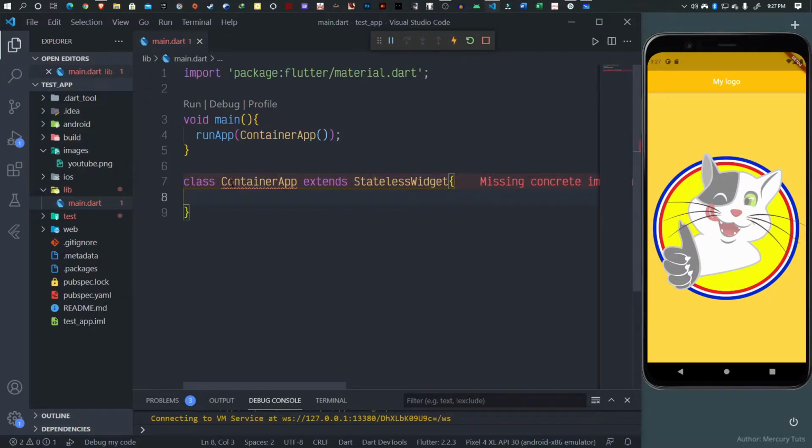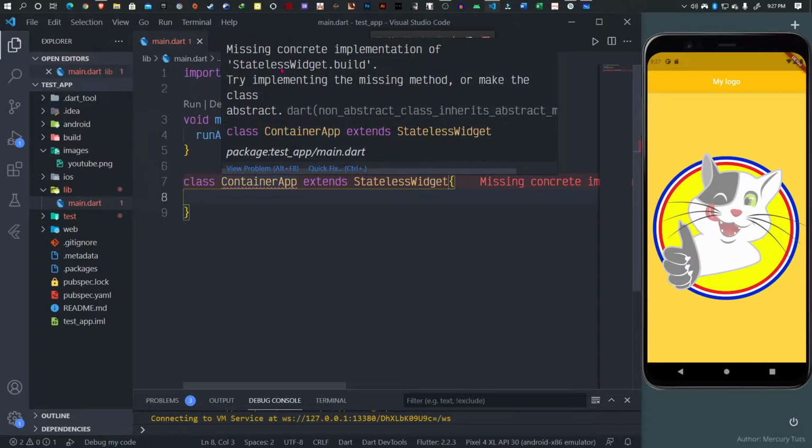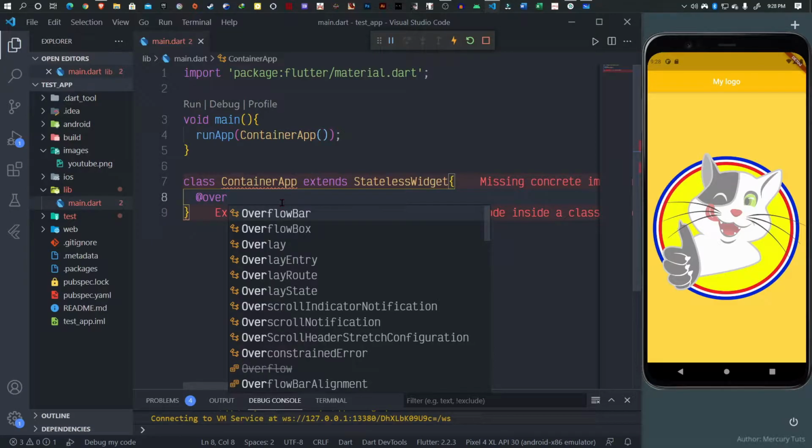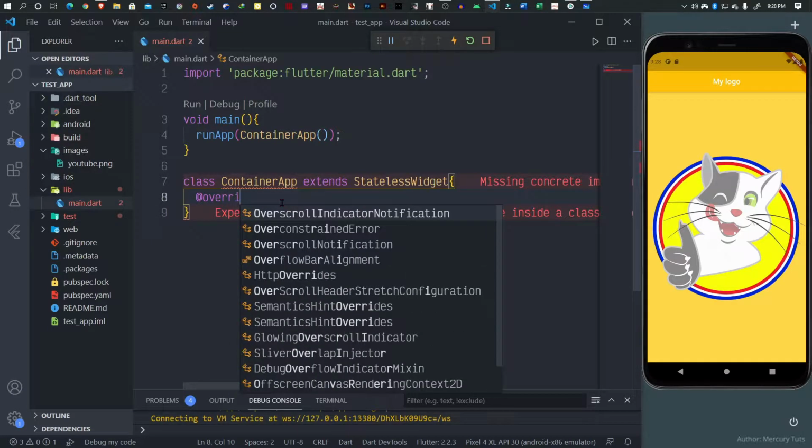Now inside here you can see Error Lens is telling us that we are missing some concrete implementation of the stateless widget. Okay, so we are supposed to implement that, and that basically is the build method. And the way we are going to do this is we are going to override it. So we are going to use the @ symbol, and then we are going to override. So if I can spell override,